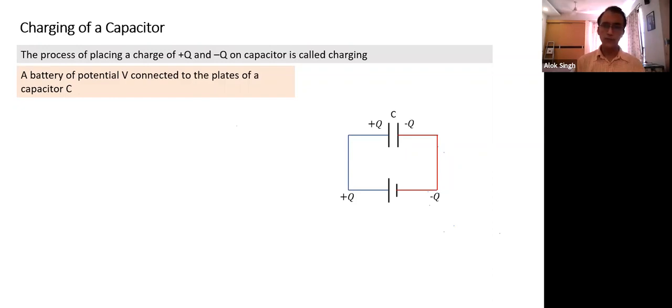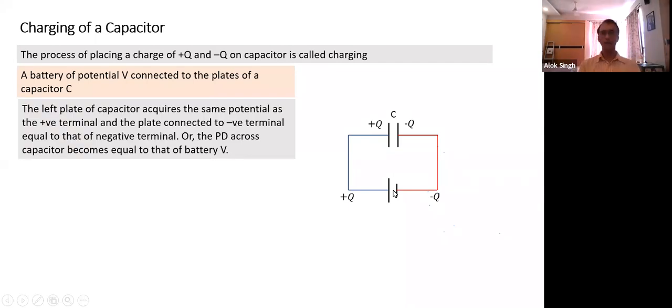So how much charge has flown? Let me say the charge flown is plus Q. Since the net charge flow has to be 0, if plus Q is going out, minus Q also goes out, so the net going out is 0. So this will acquire a charge of plus Q, and this will acquire a charge of minus Q. Inside the battery, ionization will take place and the charge will get replenished. The charge on the positive plate and negative plate of the battery will not change.